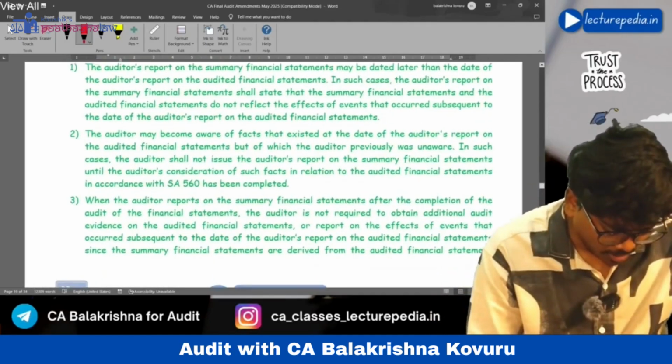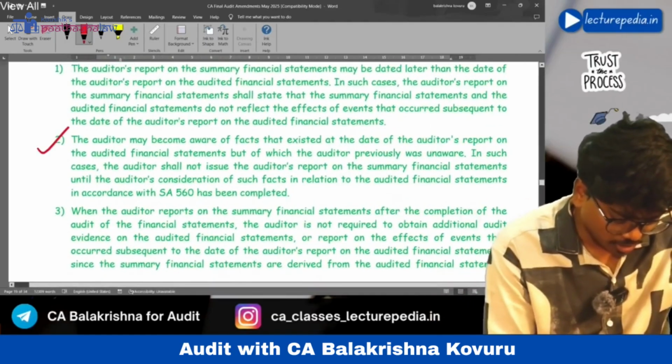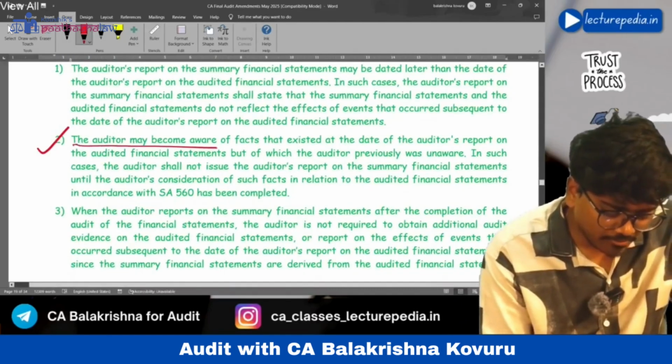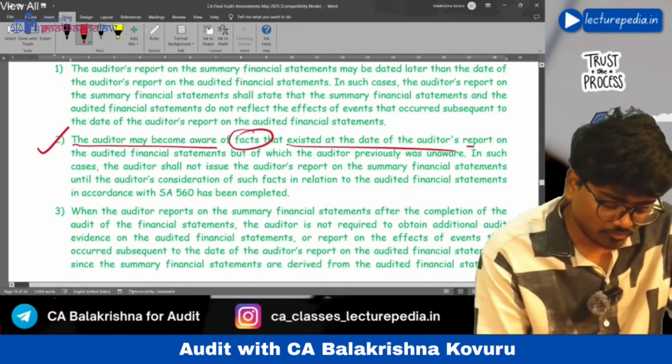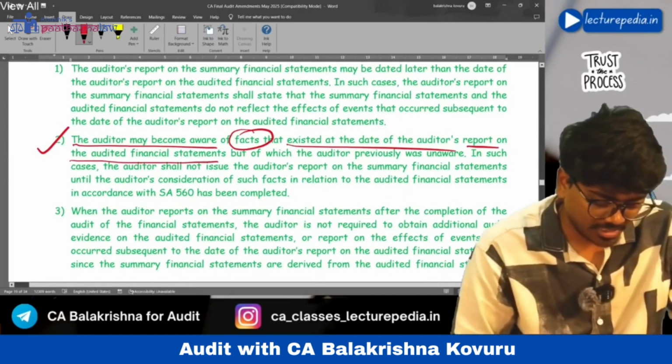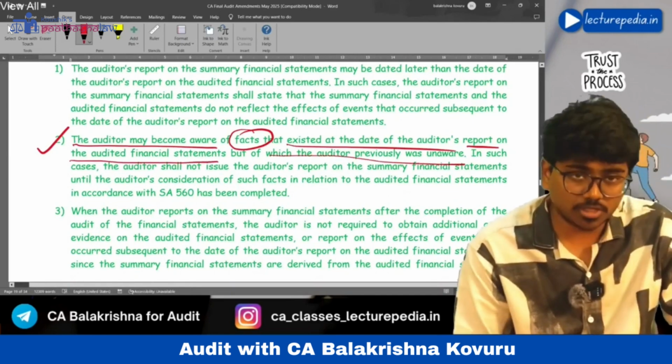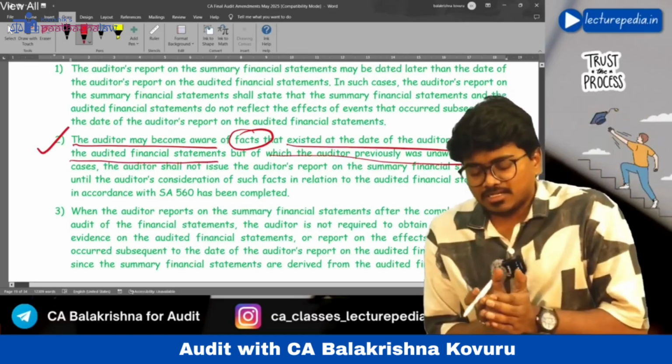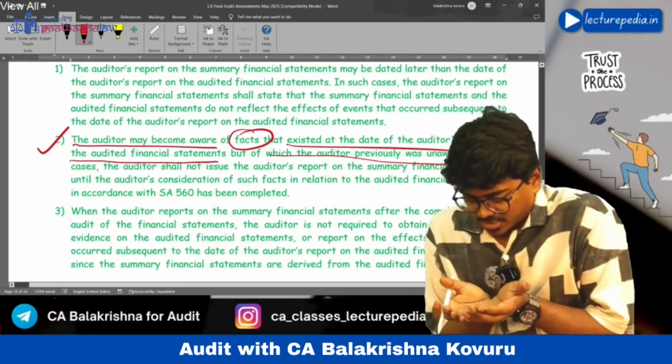There are also two more points. We'll see these two points. The auditor may become aware of facts that existed at the date of the auditor's report on the audited financial statements, but of which the auditor previously was unaware. Now the auditor is auditing summary financial statements.